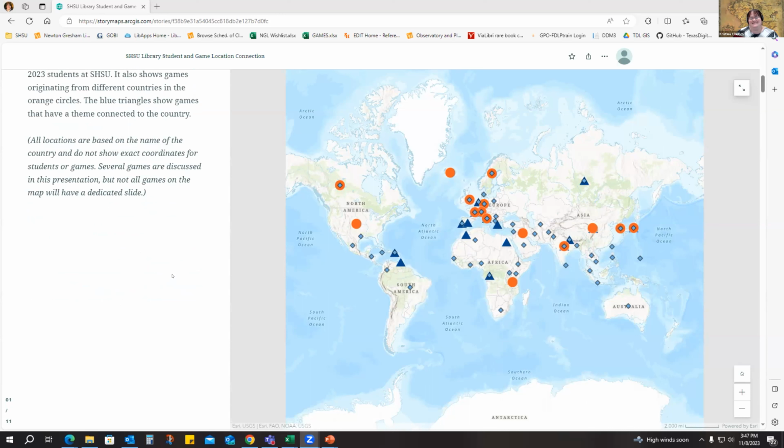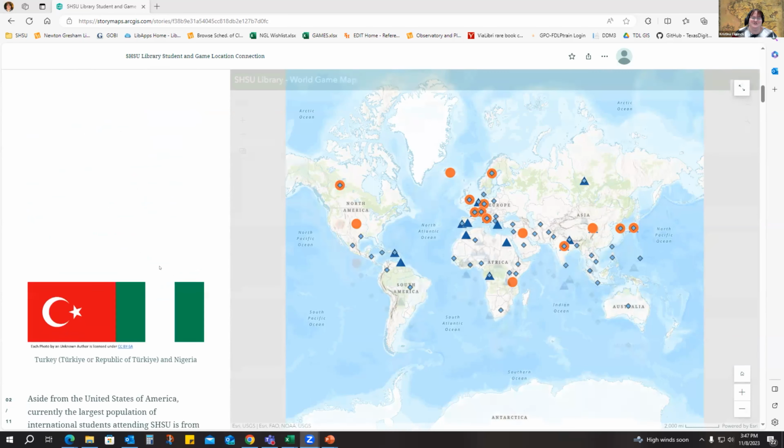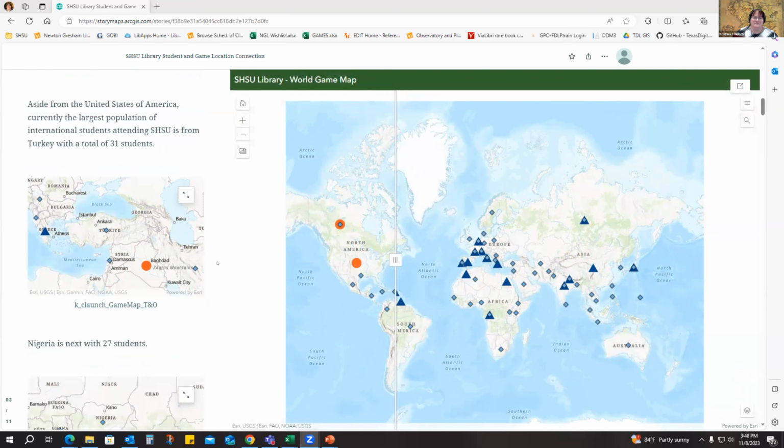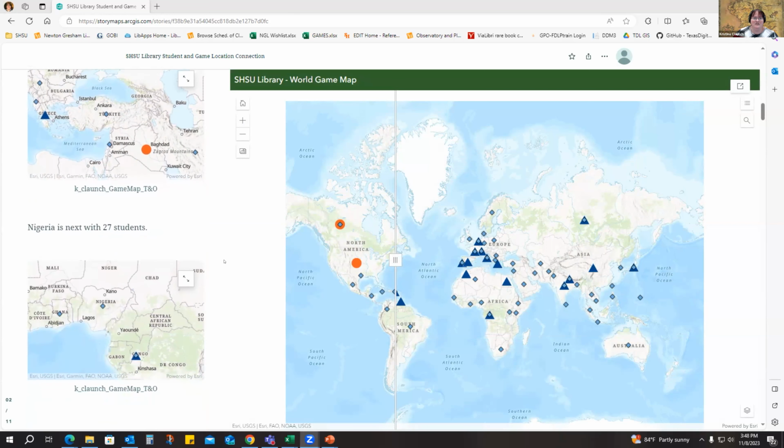And sometimes it was because the author originated from that area, and that was the best I could cut close to. It's hard to define how you're going to measure that otherwise. So that's what I chose. So first, we actually have a larger population from Turkey. And so there are 31 students from there. And I will preface that there were about 155 that did not specify where they were from, so I couldn't include them. But we have 31 from Turkey, and then the next higher number was Nigeria with 27.